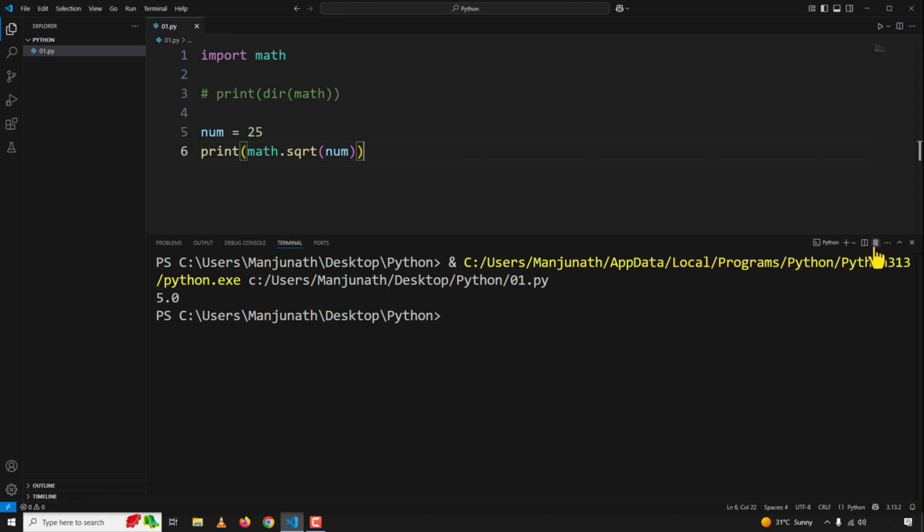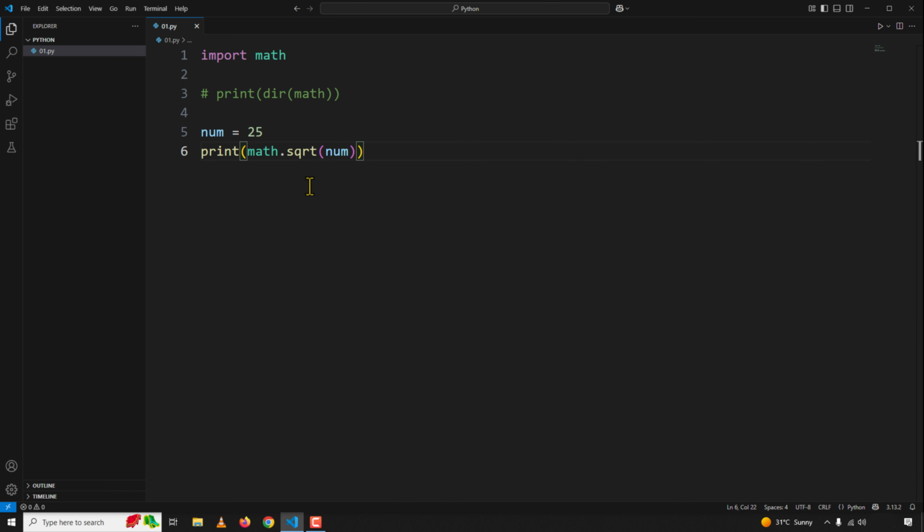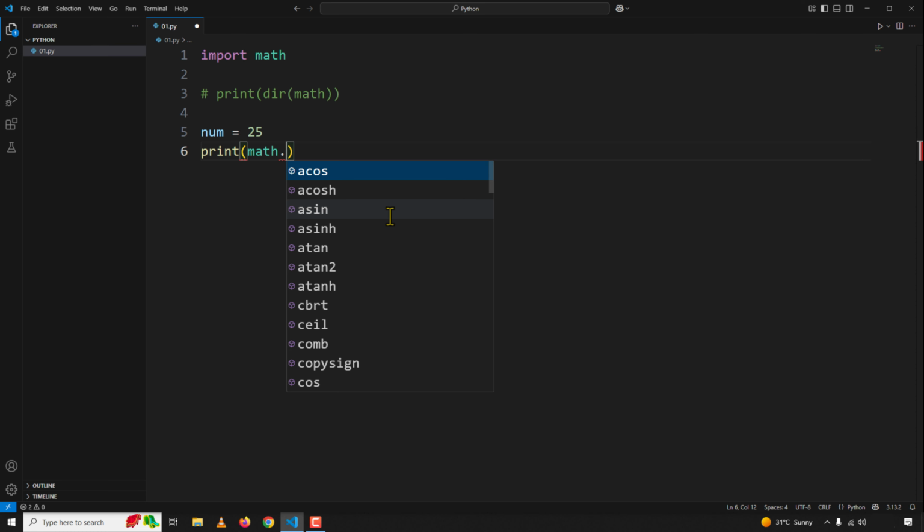All right. So what are we doing here? We are accessing this function of this module and then we are sending num to the function. What is num? Num is the argument to this function. All right. Now if I remove this and if I type dot after math,